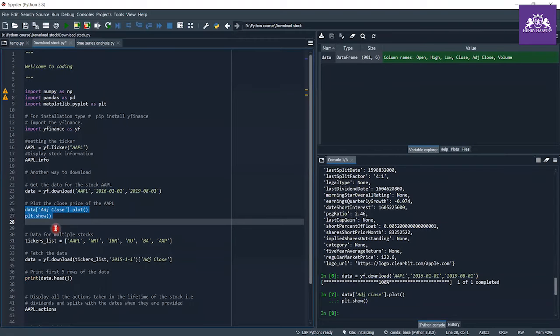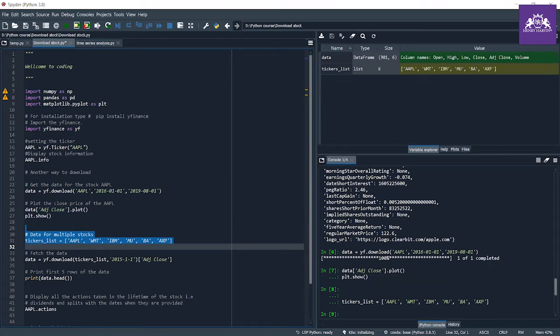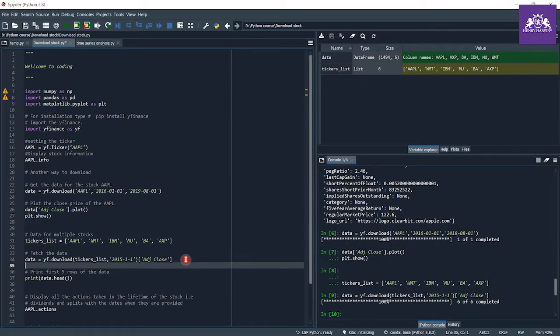Now let's try to download for multiple stocks. Here I make a list of multiple stock names and try to download their adjusted close, and wait for it. Yes, 6 of 6 completed, and let me see the data head.